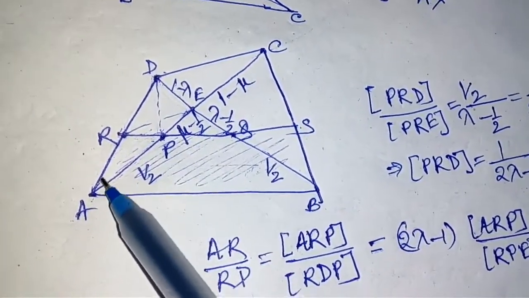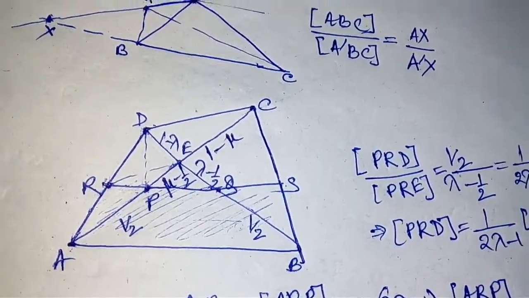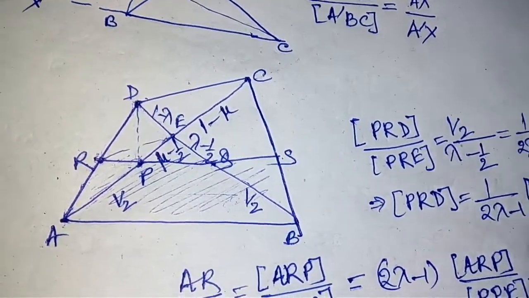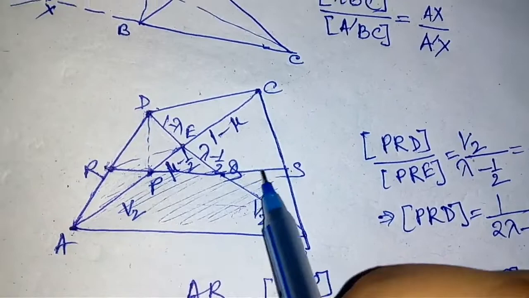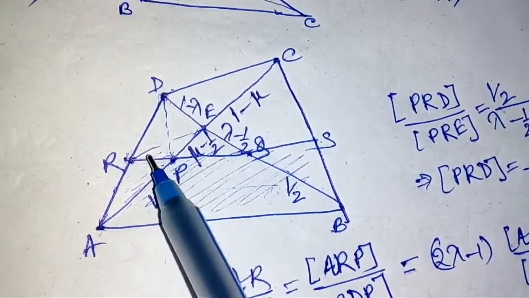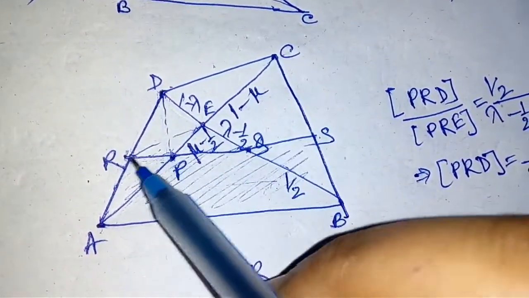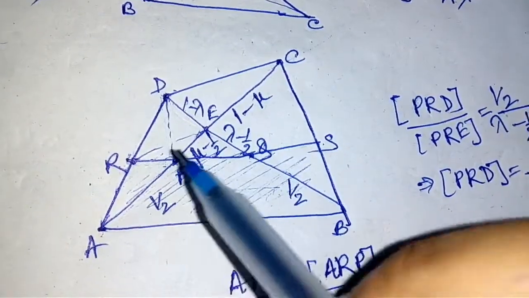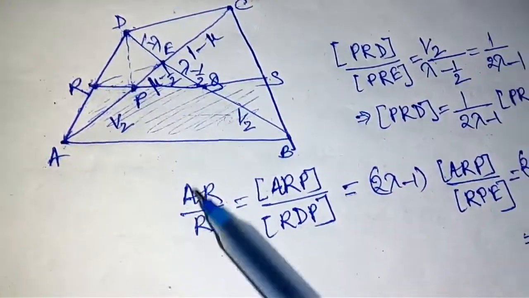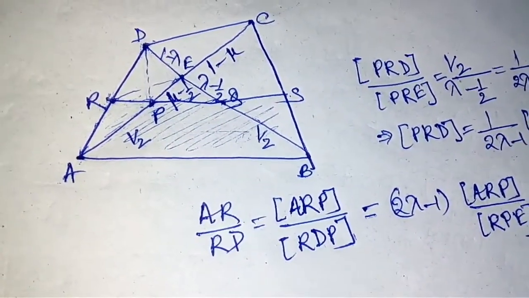Now if I want to find AR to RD, the thing that I have to do is that first of all I have to identify what is point R, what defines point R. The thing that defines point R is this line. Now, according to the intersection theorem, I can choose any 2 points in this line to apply my intersection theorem. Suppose I choose only these 2 points. Using the basic theorem also we can do this, that AR to RD is ARP by RDP, alright. So this one we have got.